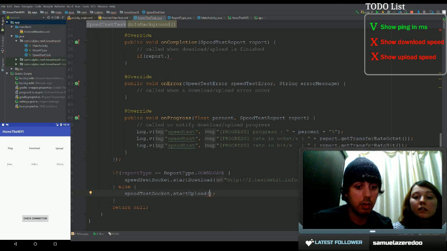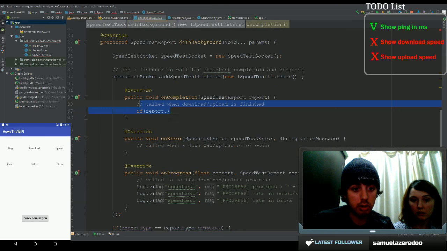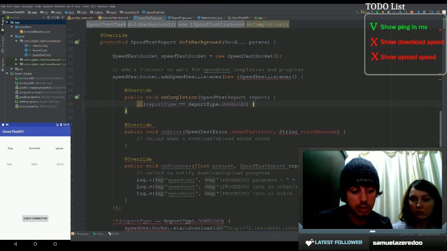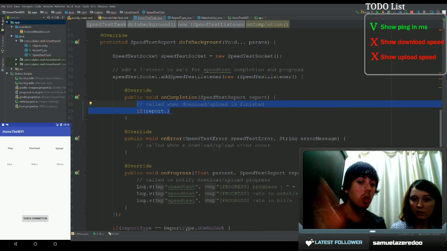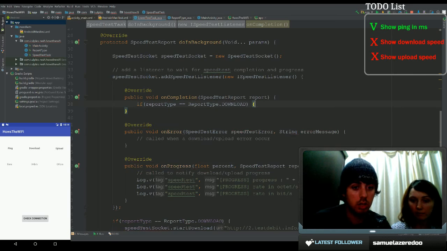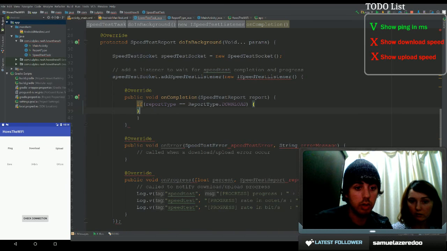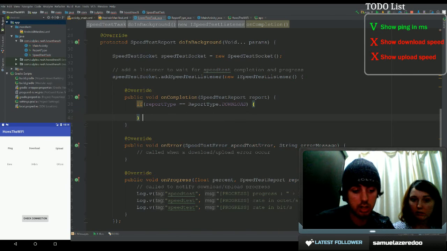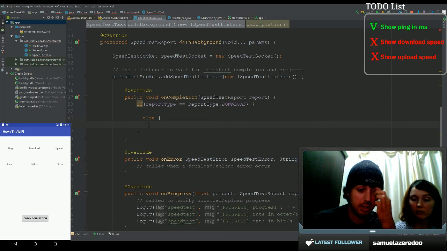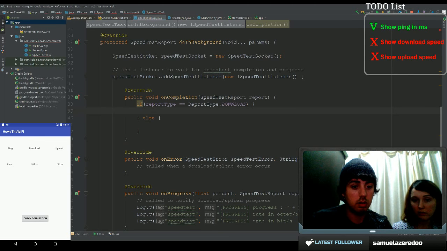In the same way, we know that if the report is the download or the upload, we don't know which one. So if it's download, then we do that, else, there's only two types. And here we're going to do the download, and now use the text, report.get